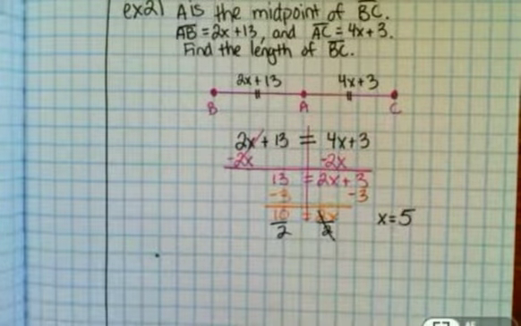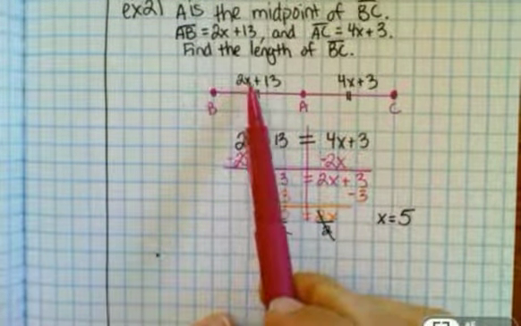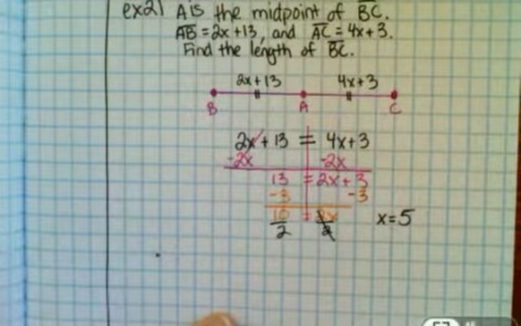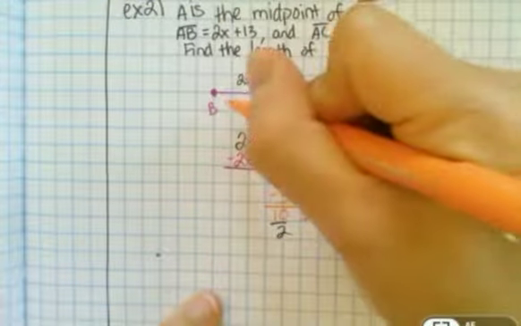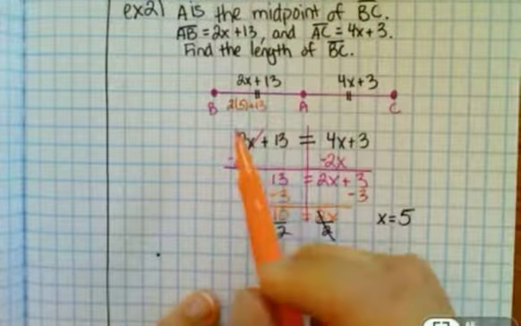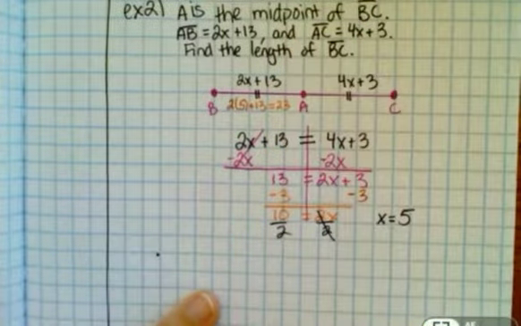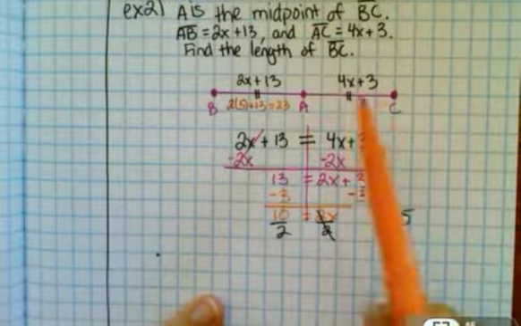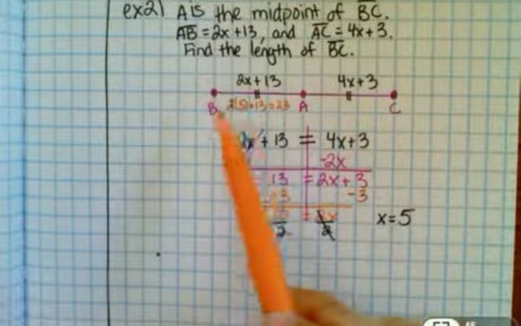So what we know is that this segment is 2 times x plus 13. And so I'm going to come back up here, and I'm just going to replace the x with 5. So I have 2 times 5 plus 13. So that's going to be 10 plus 13 equals 23. And honestly, I don't even need to plug it in here, because if this segment is 23, then